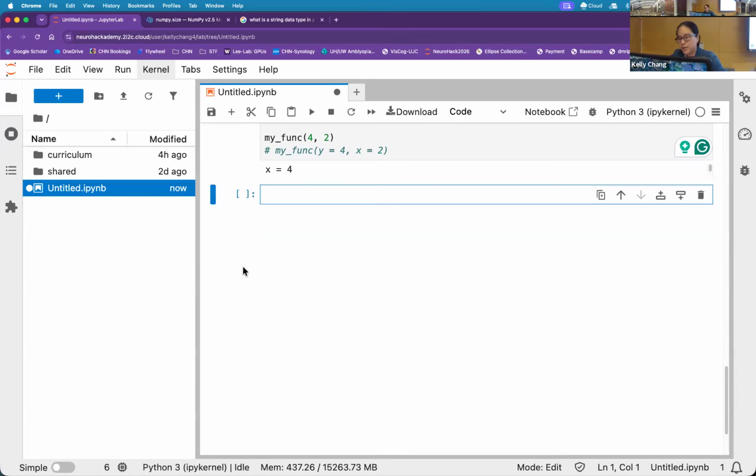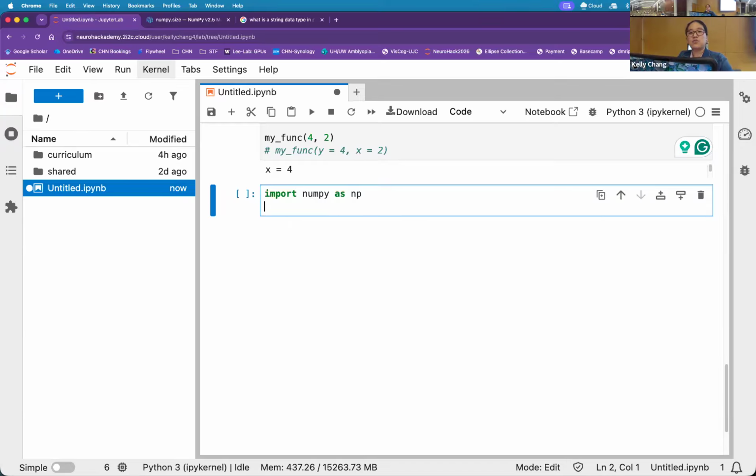On to packages. So how do we import other people's functions or functionality into ours? Well, thankfully, in our little server here, we have a lot of our basic packages installed. We can just call import, name of the package. And if you want a shorthand for that package, so import numpy, that package I just showed you, as np, then every subsequent call, we don't have to keep on typing numpy. We can just type np.